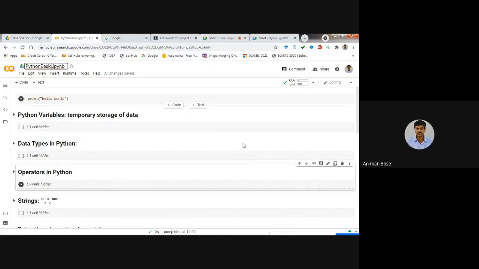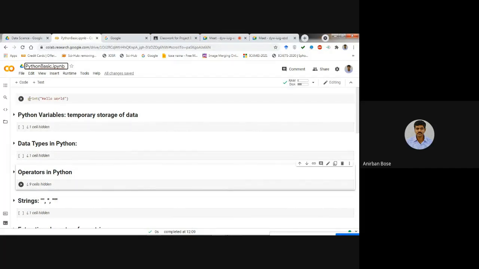Okay. So now quickly, let us see the different things. Let us start with this particular code. Suppose you want to print hello world, this particular string. How can you do it in Python? It's very simple. You just write print, then within parentheses give inverted commas and write hello world.